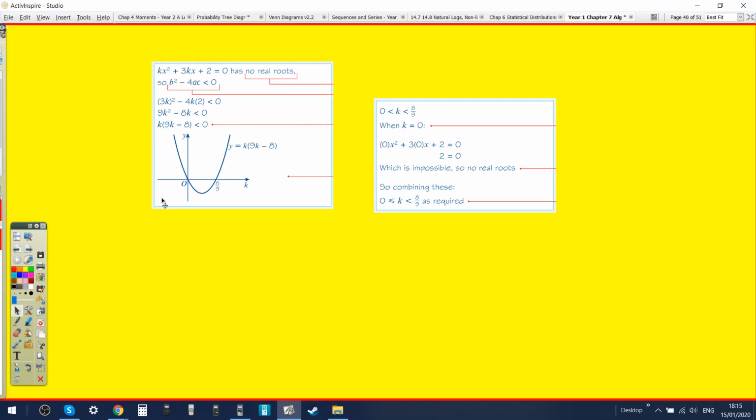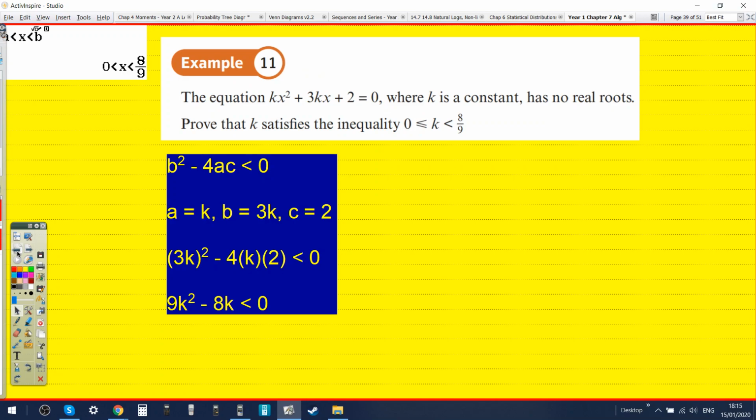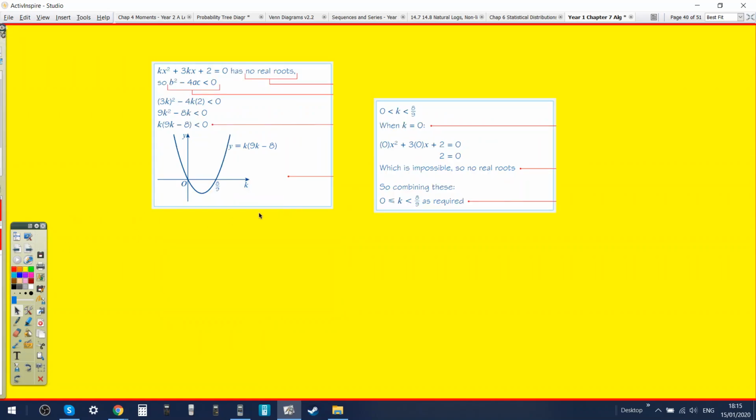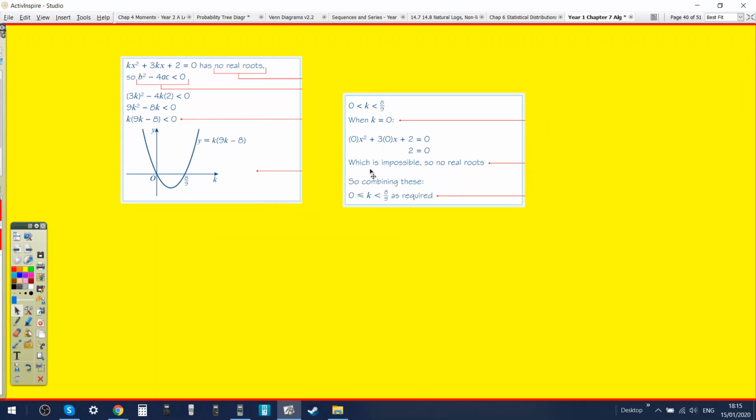Okay, so you can't use your calculator. So for this last bit, they wanted you to solve it quadratically. So you could do it equals 0. You could sketch what the graph looks like, and you would show it's either equal to 0 or equal to 8/9. Those would be the two answers. And then